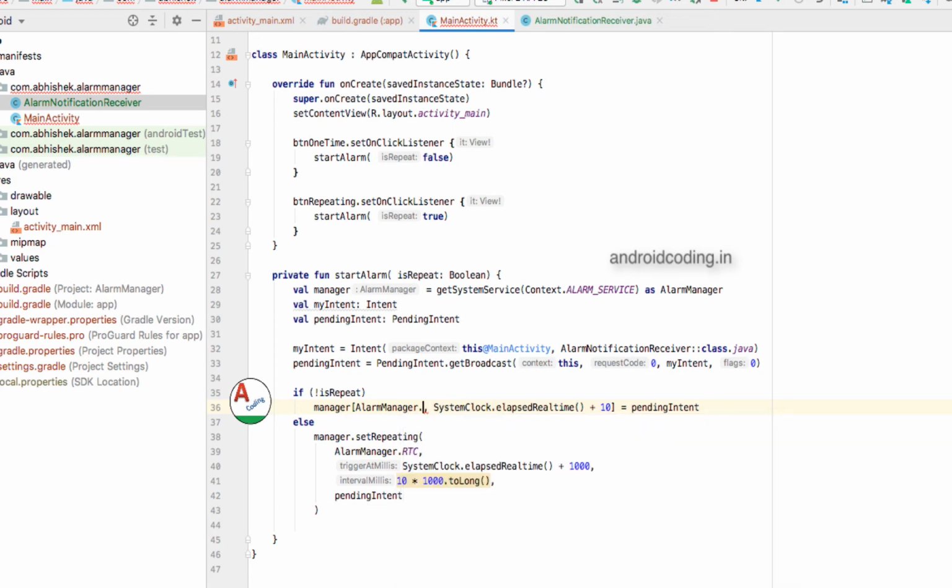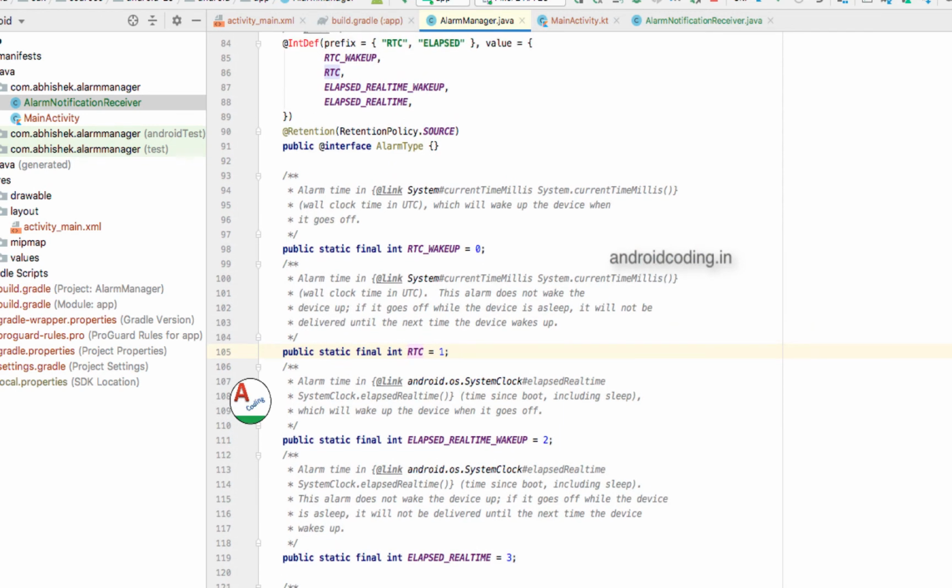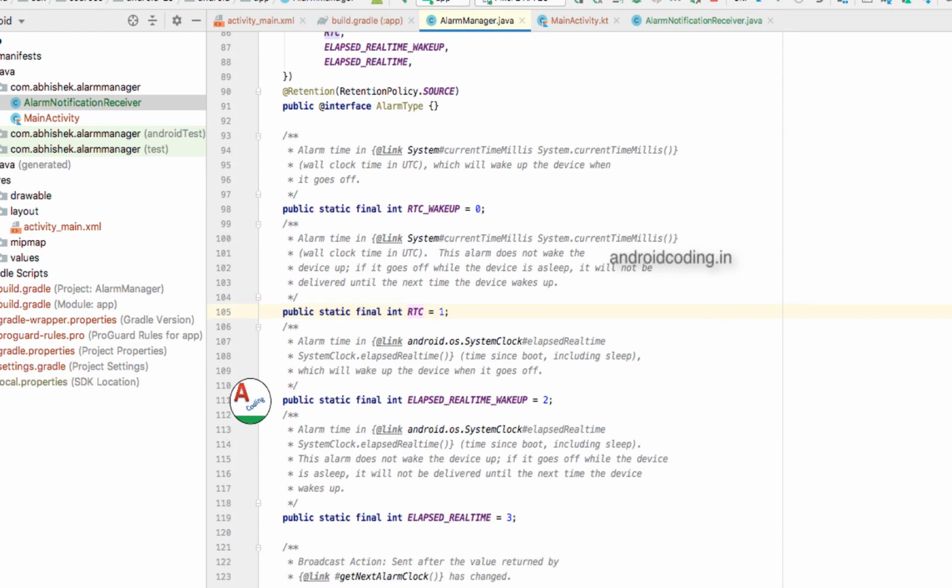So these four types we are having, and whenever you are having any doubt in coding, you can press the Control button and click on that particular keyword. So here we can get the detailed documentation. It's available with our SDK documentation itself. While downloading the files from SDK manager, you will be getting this documentation also.